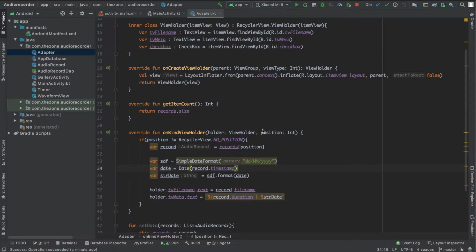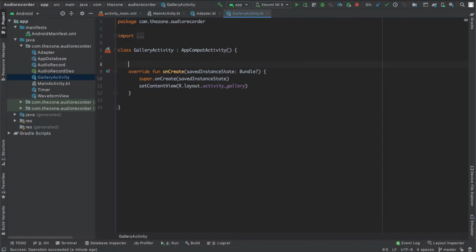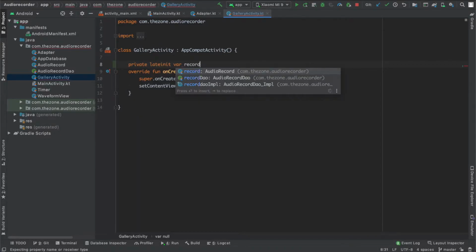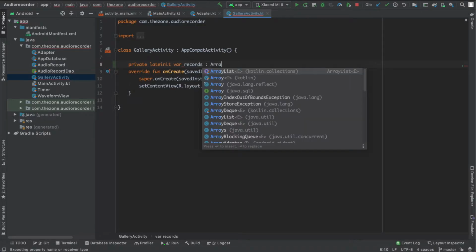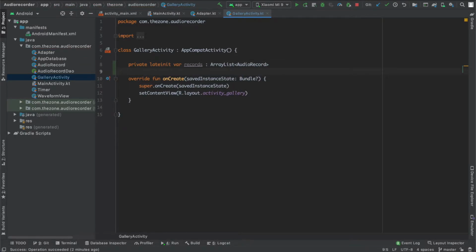In this one let's deal with the gallery activity and connect what we created so far. So open the file, the class. First we need some data, so let's create an array list of audio records. Create a var, call it records, type array list of audio records. We will also need the adapter, private lateinit var myAdapter, type adapter,